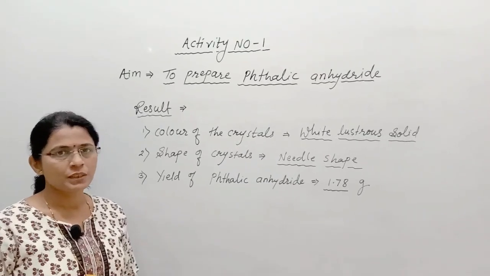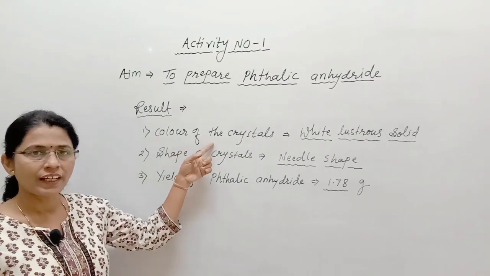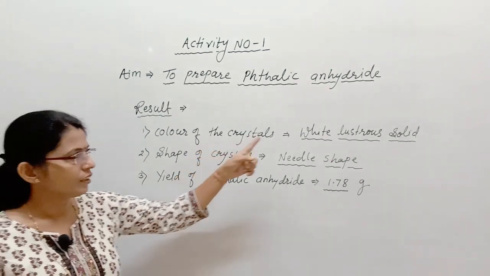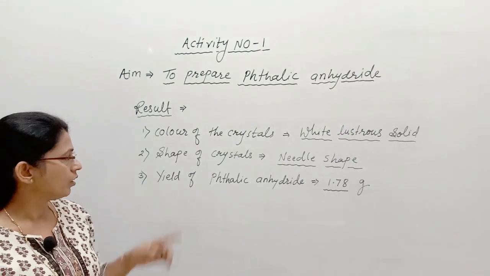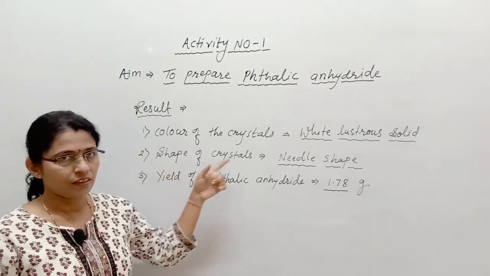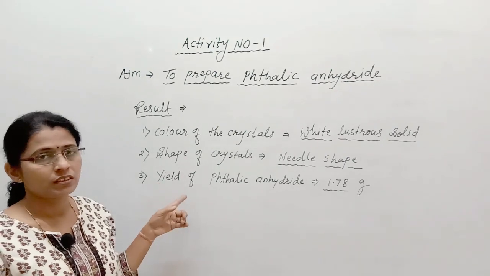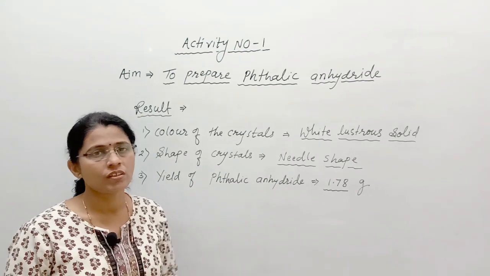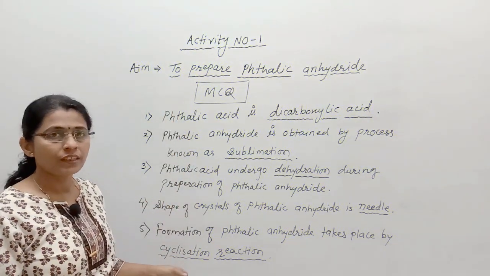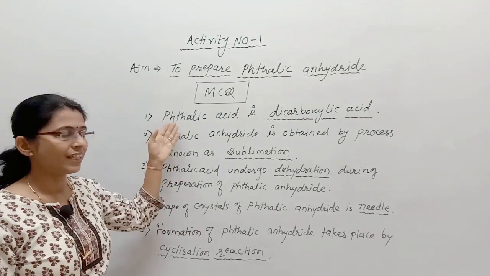After completion of the experiment, note down your result. Color of crystals of phthalic anhydride is white, lustrous, shining solid. Shape of crystal is needle shape, and when we weigh the crystals, we find that the weight is 1.78 gram. See, all these are important points, and on the basis of these MCQs are asked, like phthalic acid